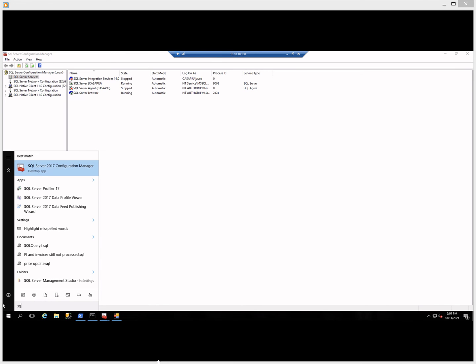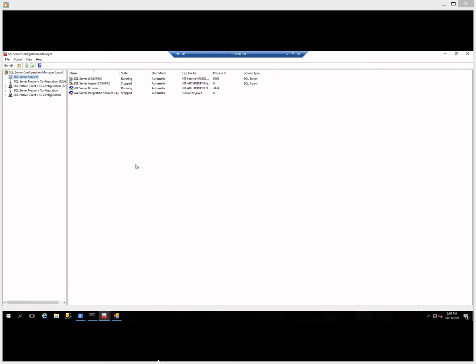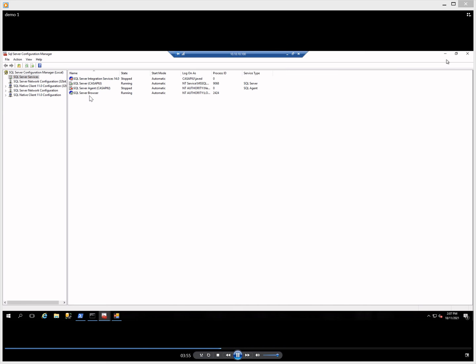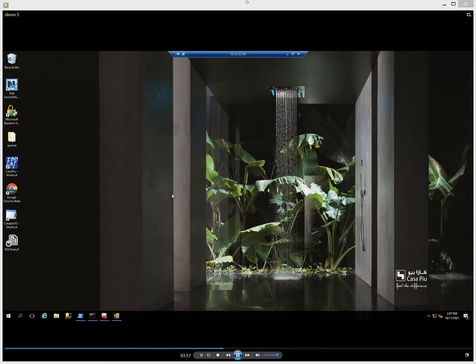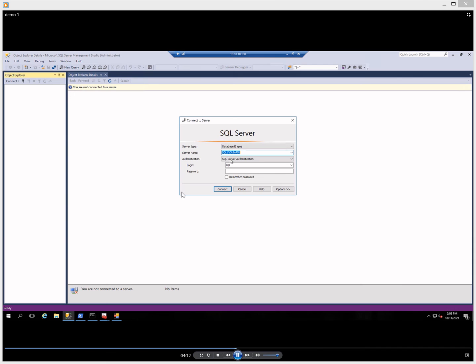If we want to verify, the Agent service is stopped and the SQL Server is running, so it's running. Now I run this as administrator, and here I will use my Windows domain account through which I logged in to this Windows.